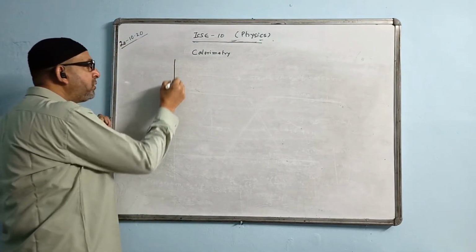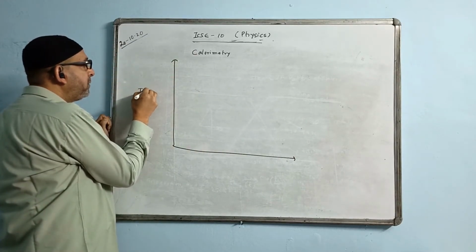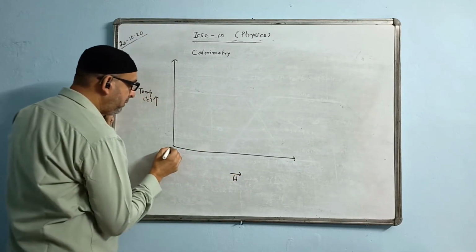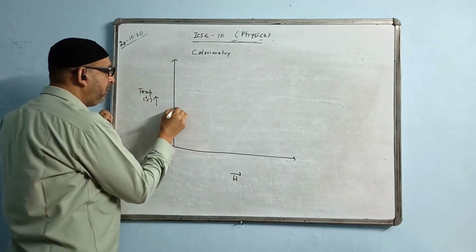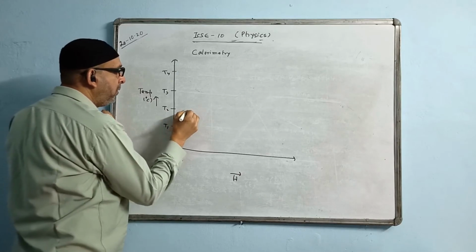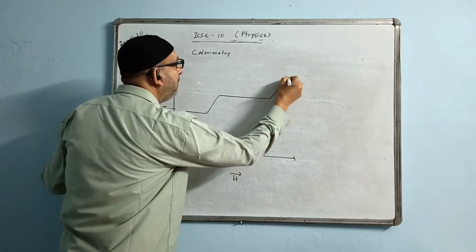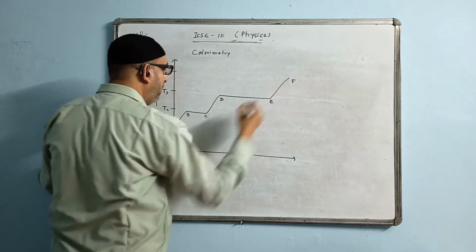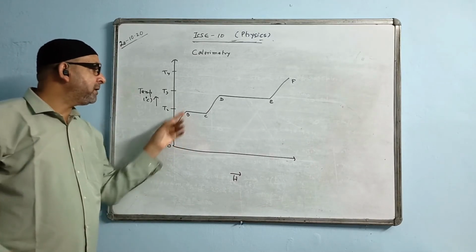Now you may get even a question like this. I'll show that one. There is the curve given here, temperature in degree Celsius given. Here amount of heat is given, and they are showing like this: T1, T2, T3, T4. There is a curve shown out here. This is definitely a heating curve because temperature is rising.